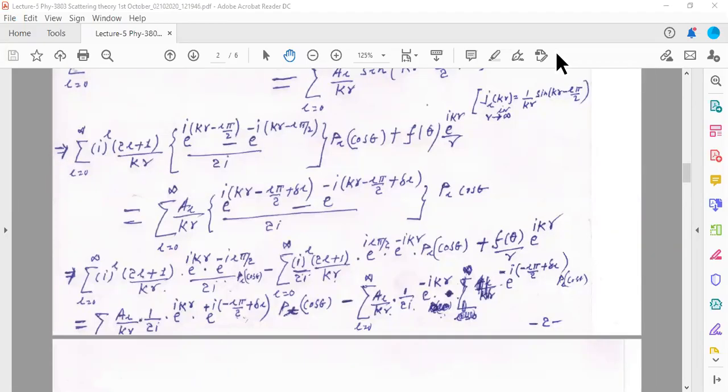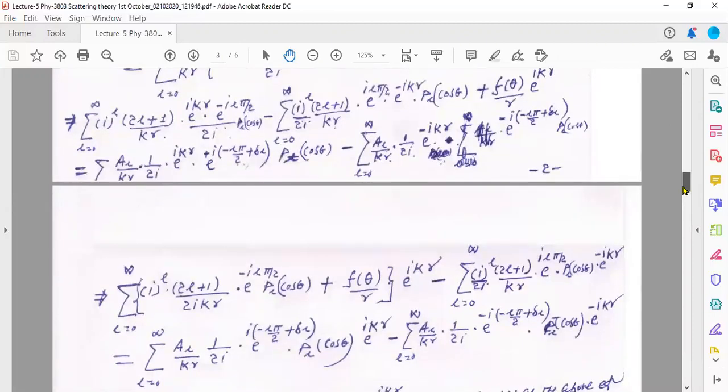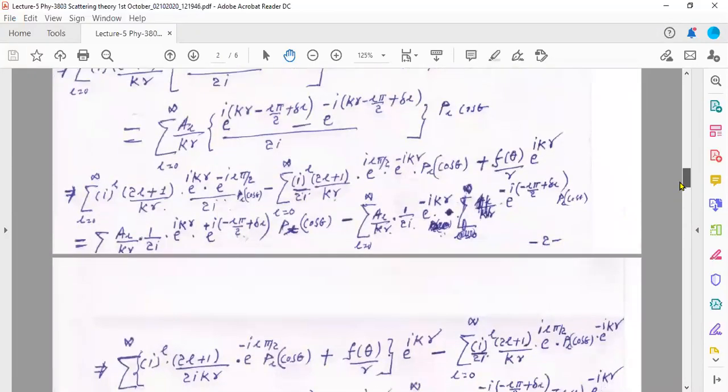Well, friends, so once again, we will proceed to find the scattering amplitude, and we will also find out the differential cross section in this lecture. You see, in lecture number 5, we have derived some relation and we have introduced the concept of phase shift. And we derived this expression which is mentioned here.